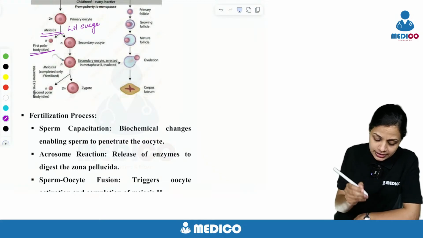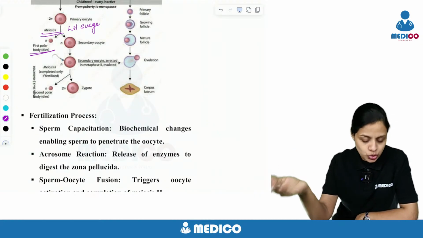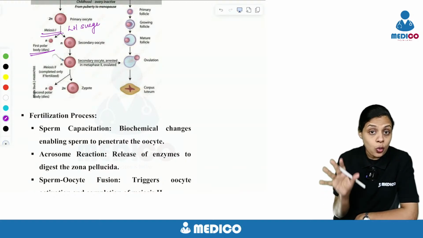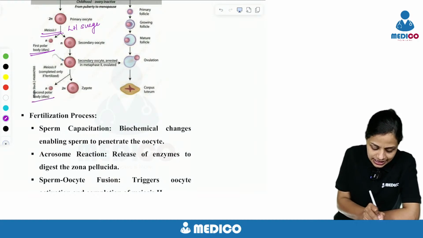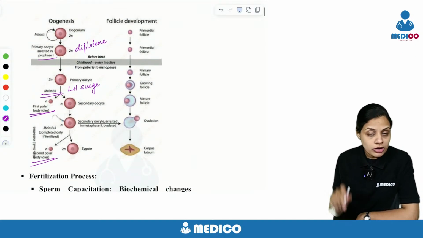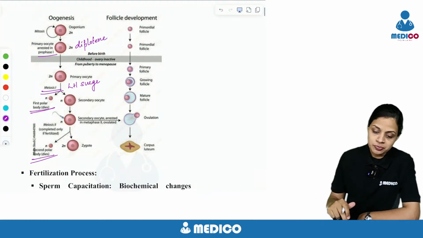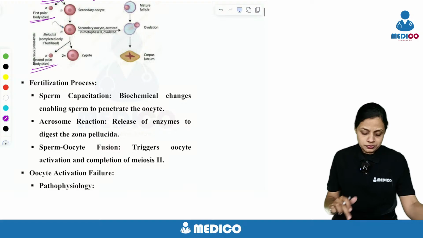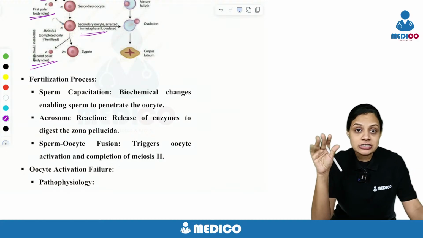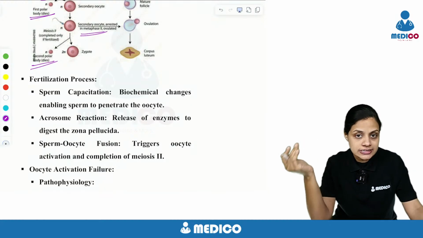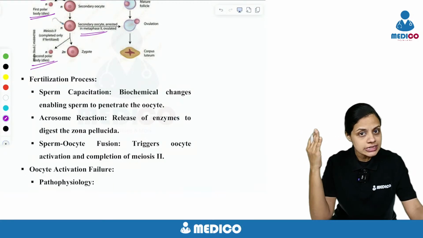So that has happened, and the secondary oocyte remains there and enters meiosis 2. If fertilization occurs, only if fertilization occurs, this meiosis 2 will be completed, wherein a second polar body is released. So two polar bodies are being released, the first one at the time of ovulation and the second one at the time of fertilization. All right, this is clear, no? Now, meiosis 2 also remains arrested. Where? In the metaphase stage. There also, the secondary oocyte, even though it enters meiosis 2, is arrested in the metaphase stage. Unless fertilization occurs, this division is incomplete.